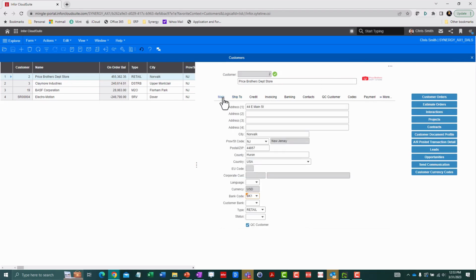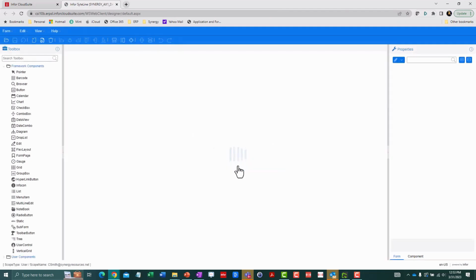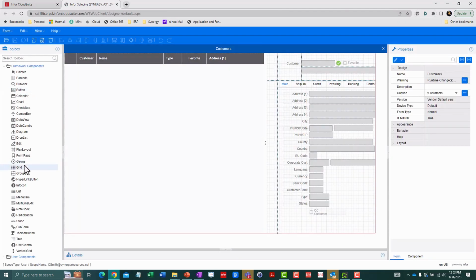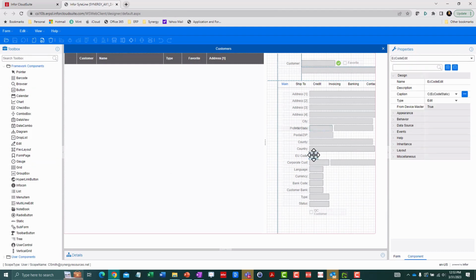In addition to display properties, I can also personalize things in other ways by adding new fields or buttons that might be a shortcut or even a trigger for a utility or a report to run. Remember, Infor equips you with all the tools the platform itself was built on, so you're in control. With the right security roles, you can click this button and it takes you right to the Mongoose platform, where you can drag and drop new elements from the left and adjust their properties on the right. There's some magical stuff that you can do here, and we'd be happy to dive deeper to show you what's